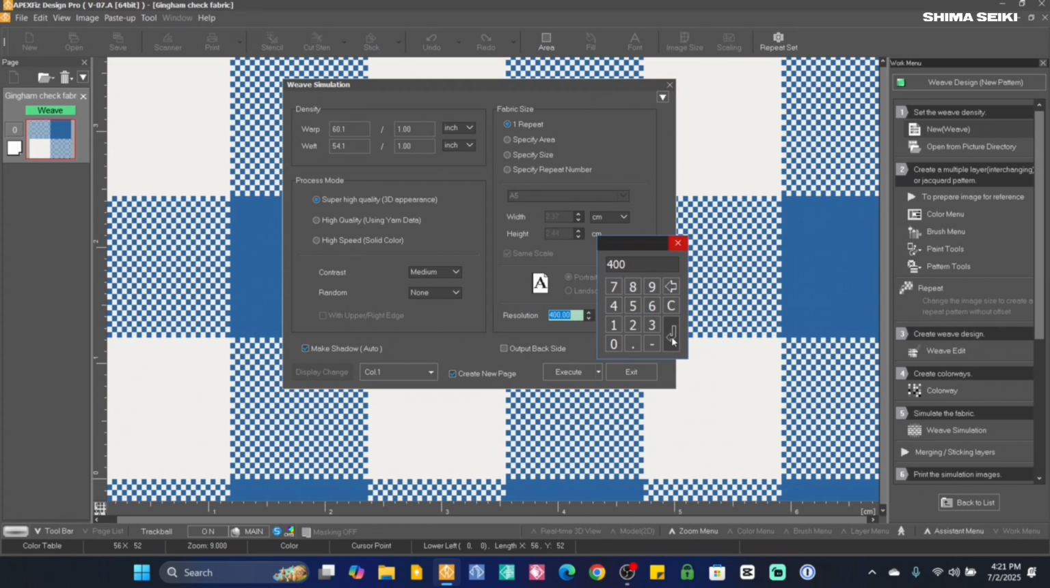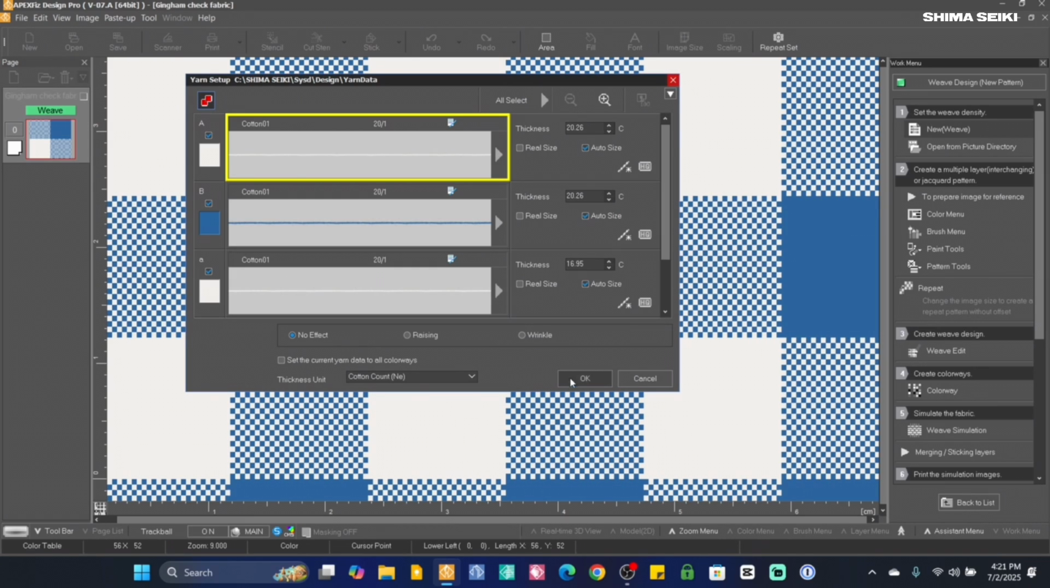Then we have two options. Either click Execute to start weaving or Export. Since we want to use this fabric in 3D software, we'll pick Export for U3M from the drop-down menu next to the Execute button. In the Yarn Setup menu, we'll choose the same yarn for both colors by clicking All